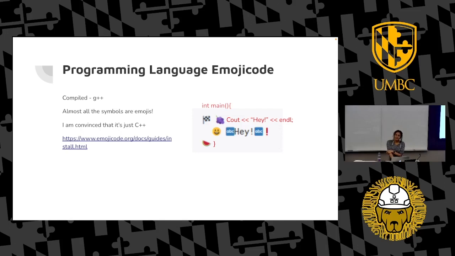Where the cout is the smiley face, your quotation marks are the ABC, and then you have the arrow, which works as the stream operator and endline. And then you have the int main, because the checkered flag is how you start a program. So after the checkered flag is how the compiler knows that is code to be executed. And then you start a block of code with a grape and you end it with a watermelon. So when you think about it, the grape is the opening bracket and the watermelon is the closed bracket, and then the checkered flag is int main.